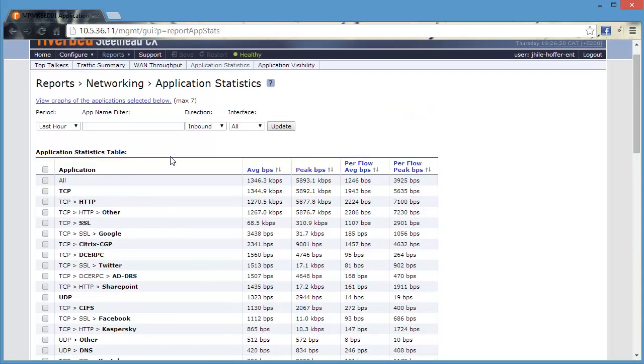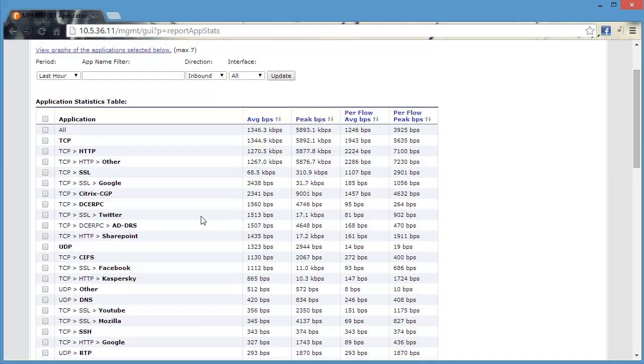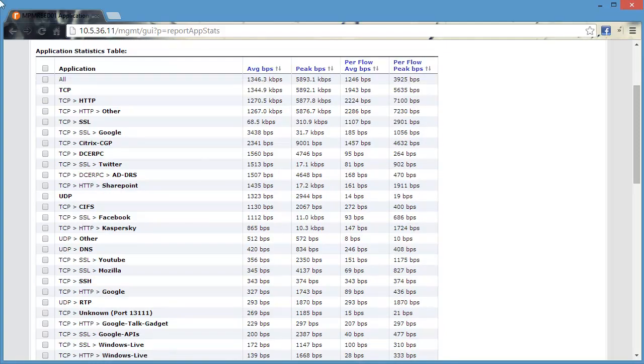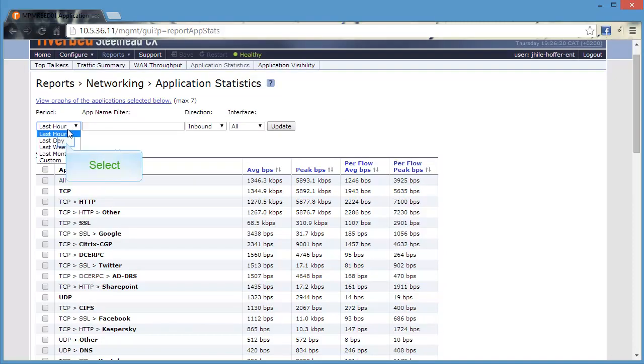Here I have the last hour, and I have inbound traffic selected, which is good because that's what you're downloading. Inbound is usually what takes up your traffic, and we can see the bulk of our traffic is HTTP, and we can see that it's Google and Citrix and Twitter are using a lot of traffic. We can scroll back and do the last day and hit Update,